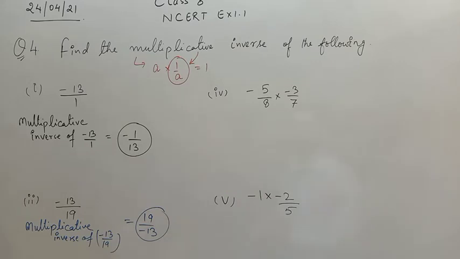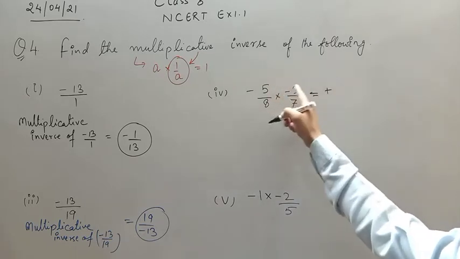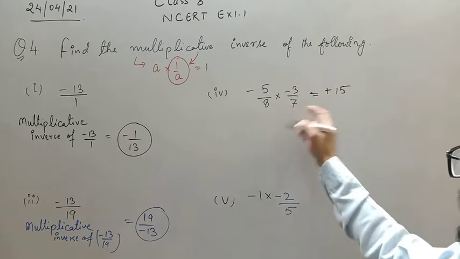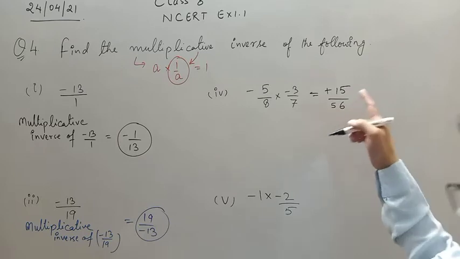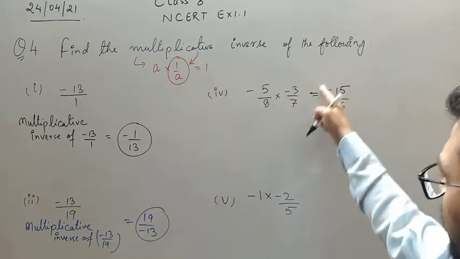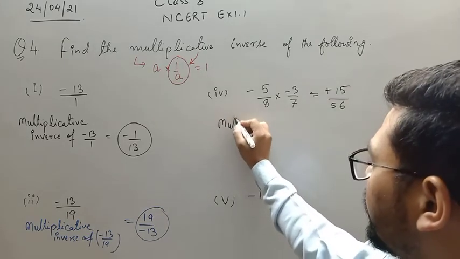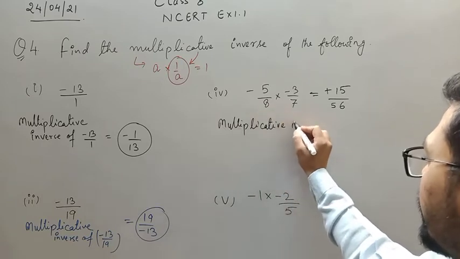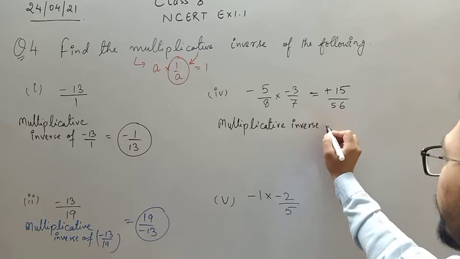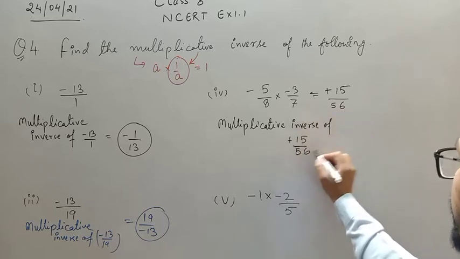Similarly, you can find the multiplicative inverse of this number. Minus minus plus, 5 3s are 15, 7 8s are 56, right? Now you need to find the multiplicative inverse of this number, that is 15 upon 56. So you can write, multiplicative inverse of plus 15 upon 56 is equals to